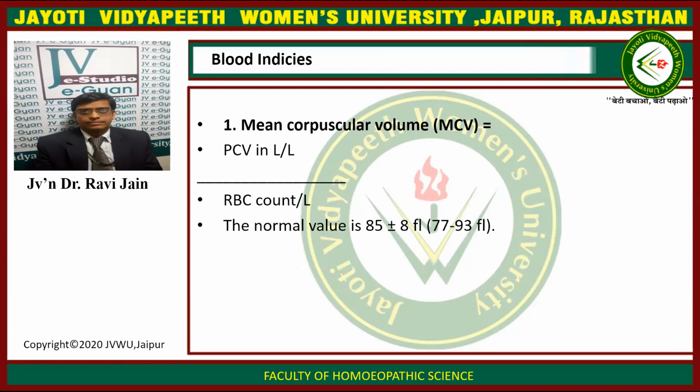Now, there are various blood indices about which we should know. Number first is mean corpuscular volume, that is the volume of one particular RBC, indicated by MCV. It is calculated by PCV in liter per liter upon RBC count per liter. The normal value of MCV is 85 plus minus 8 femtoliters, with a range of 77 to 93